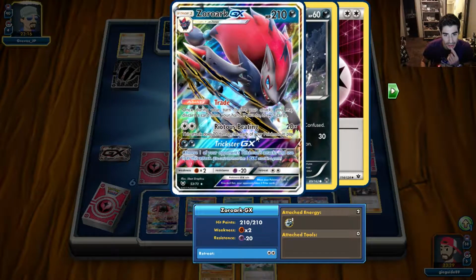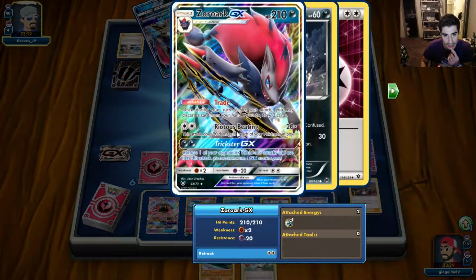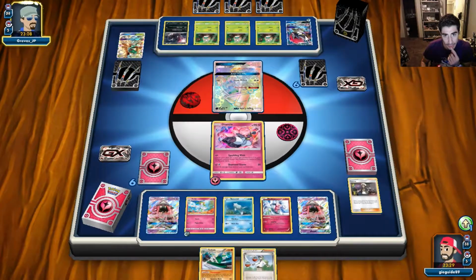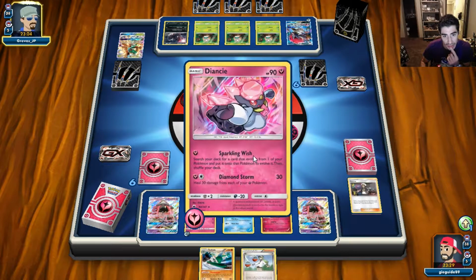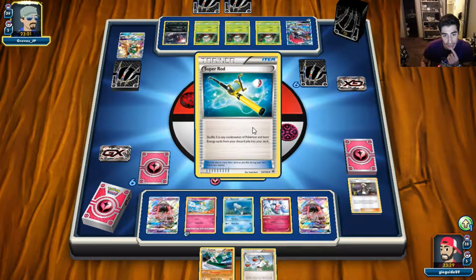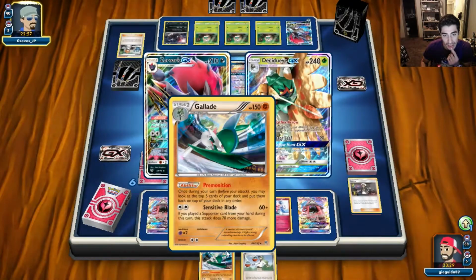So it does 20 times the amount of Pokemon in play. Is it each of your Pokemon in play? So 20, 40, 60, 80, 120. So I can do 120 knock. I'll do 100 minus 20 for resistance. Still knock you out. But then Gallade